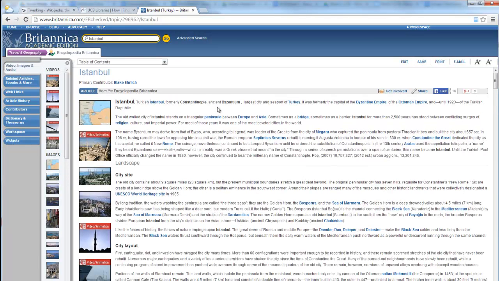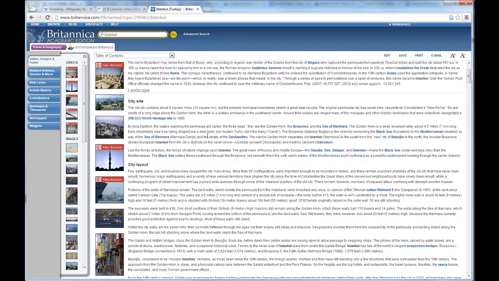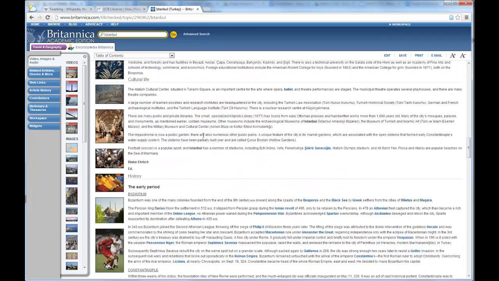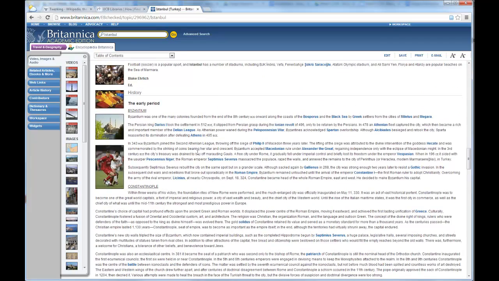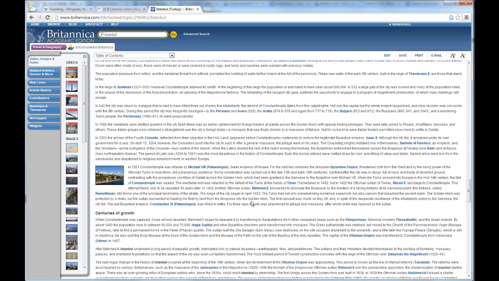The first thing I'm going to notice is that they're giving me the alternate names for Istanbul, right? I really want to take note of that. Constantinople, right? Ancient Byzantium, the Byzantine Empire, the Ottoman Empire. These are all really good keywords that I may want to search later as I continue on. And you'll notice there's a lot of really good information about the landscape, the layout, the architecture, the culture, history. And this is really going to give you that summary that you're going to need when you start designing something for a specific location, a specific city. You want to take note of the historical context, how the city is laid out,